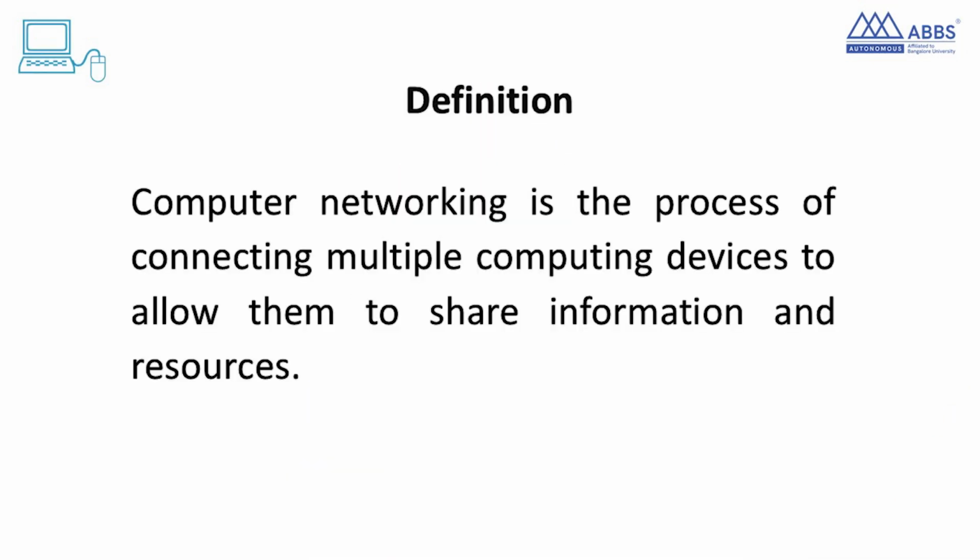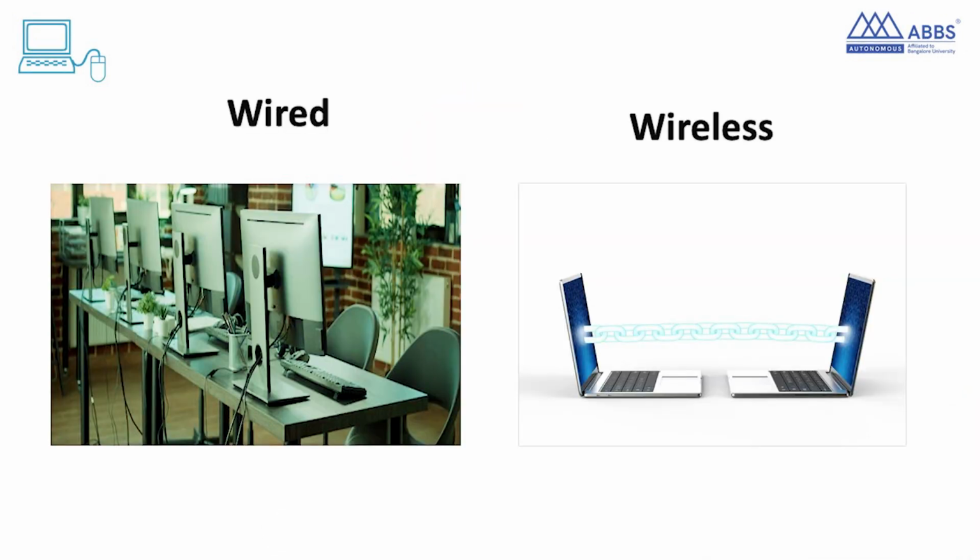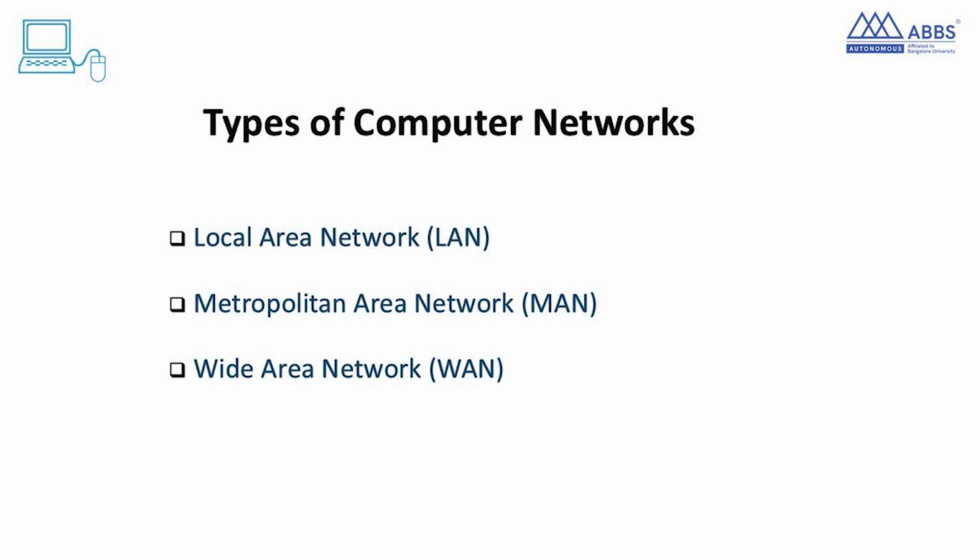The definition of network simply goes like this. A network is interconnected computing devices to exchange and share resources with each other. Now when you connect two devices, they are supposed to share the resources or talk to each other. That is possible with multiple devices. We can have wired connections to enable this network, or we can also have wireless connections. So basically there are three types of networking connections.